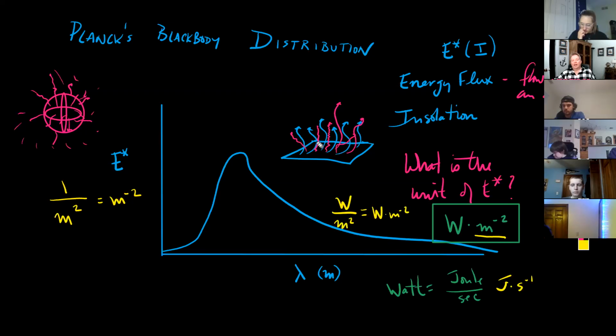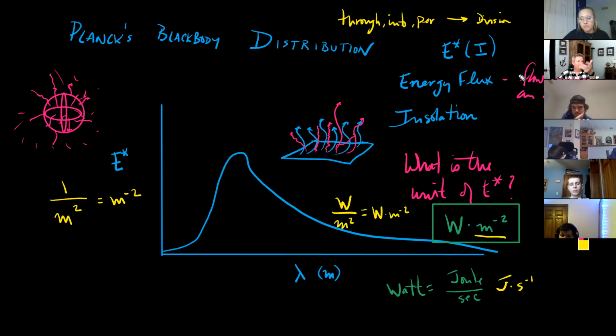But when I say the amount of energy coming through a surface, words like through, into, per, those are all indicating division problems. Divided by. So when it said it's the energy transfer, the rate of energy, that's a watt, transfer through a surface per